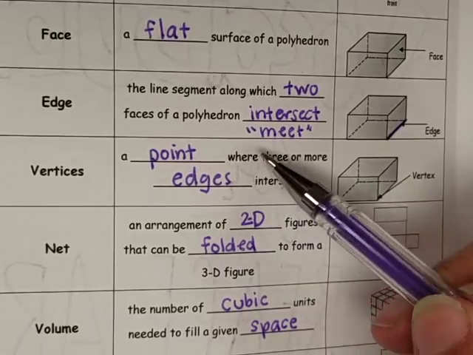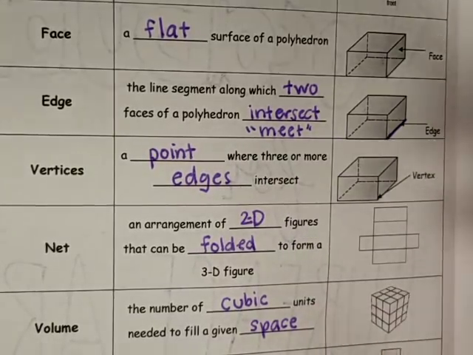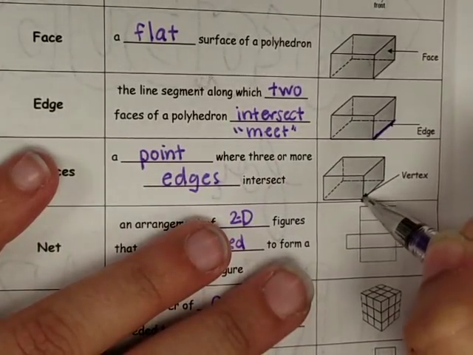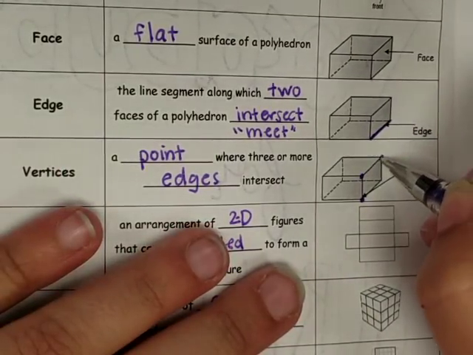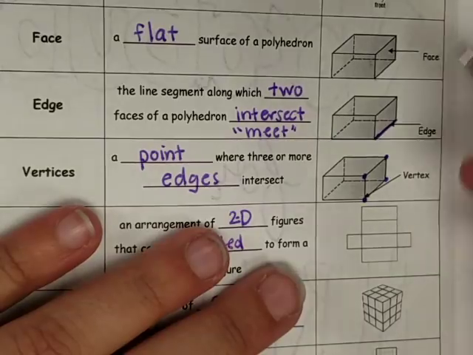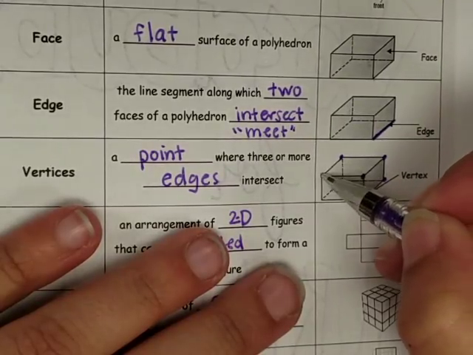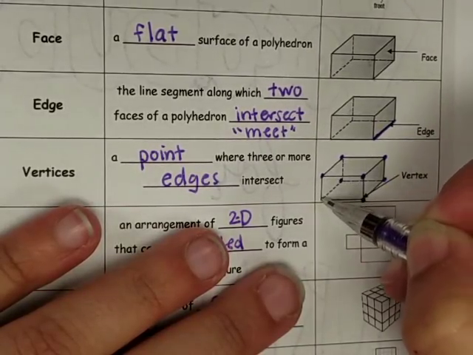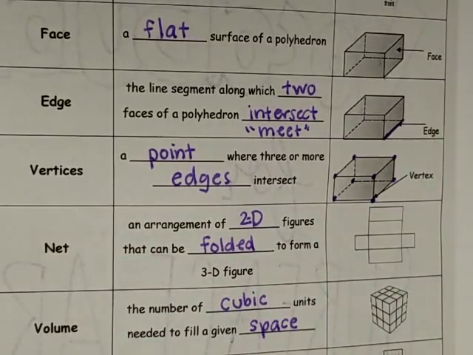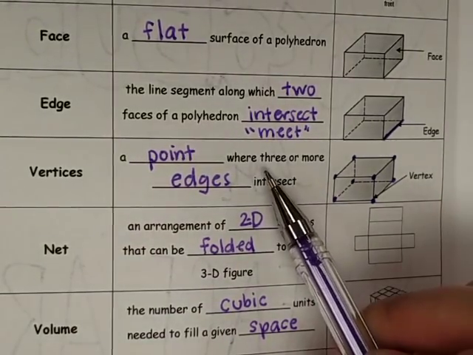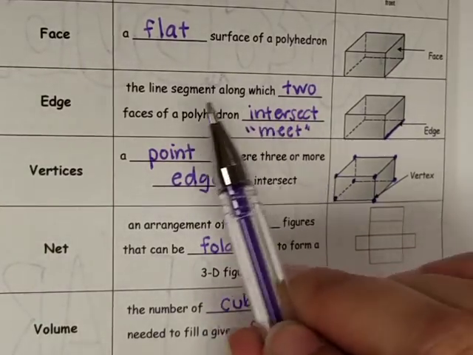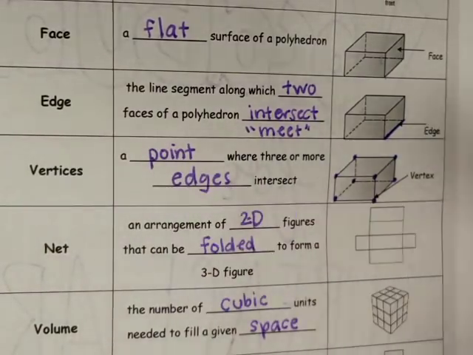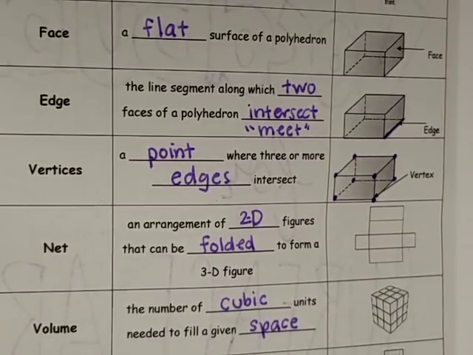Vertices is a point where 3 or more edges intersect. So for example, this point right here, that's a vertex. That's one, and then all of these over here. So basically where you see the corners, those are the vertices. But if you notice, it says where 3 or more edges intersect, and remember an edge is where two faces meet, and faces have to be flat. So when we get into more of the complex figures, we're going to have to really be careful of what